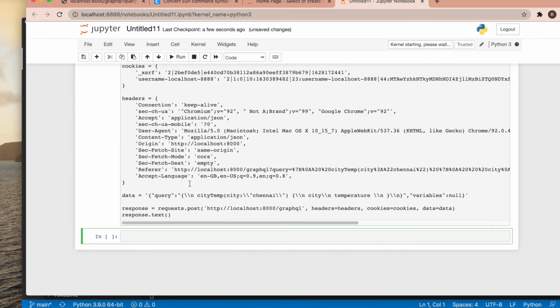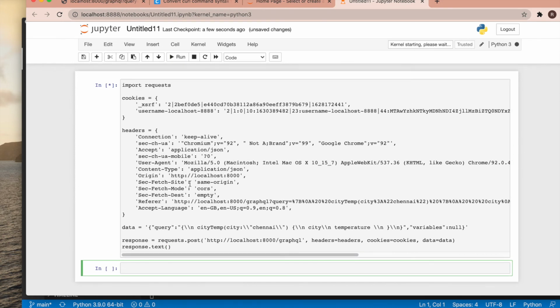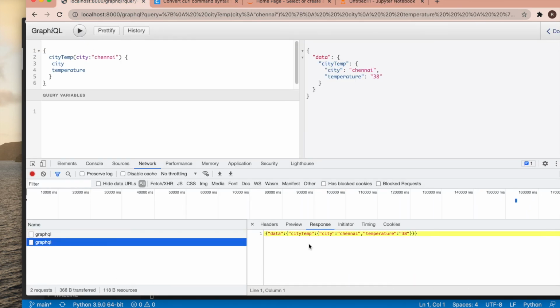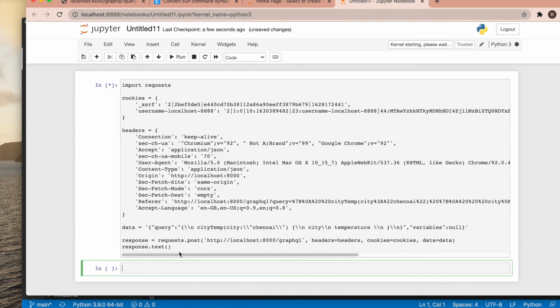I don't remember. So something is happening. Let's see. I don't know why this is taking so much time. I don't know whether my GraphQL endpoint is working or not. Yeah, it's working and getting data, but from here it is taking time. The problem is that my kernel is not set up, so that is why it is taking time.